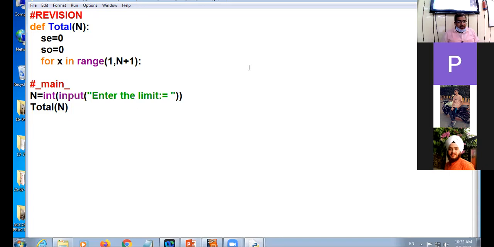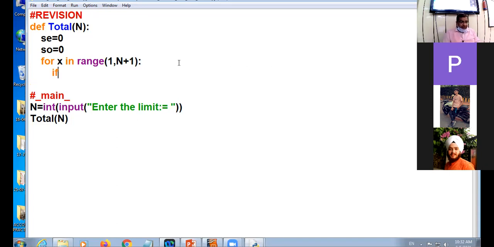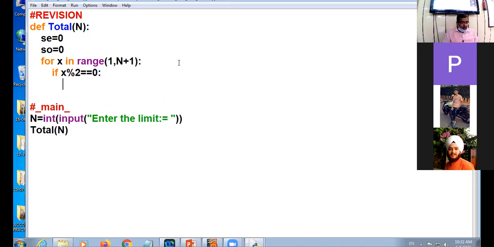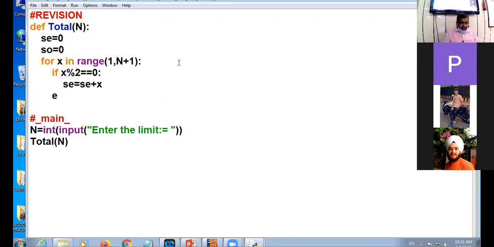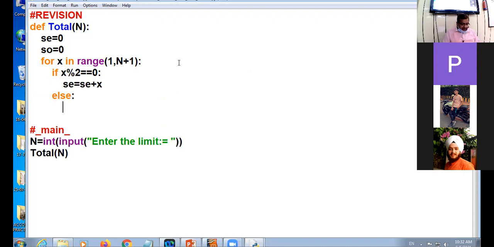Now put the condition here. If x में नंबर है सारे 1 से लेके 100 तक, x modulus 2 equal to 0, it means number is even. Then SE equal to SE plus x. Else क्या होगा? SO equal to SO plus x.